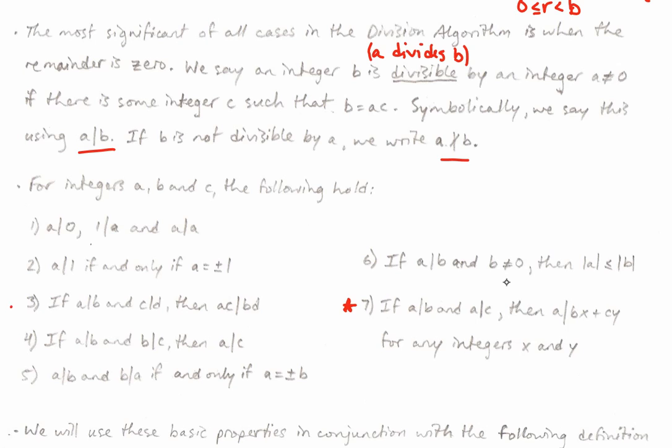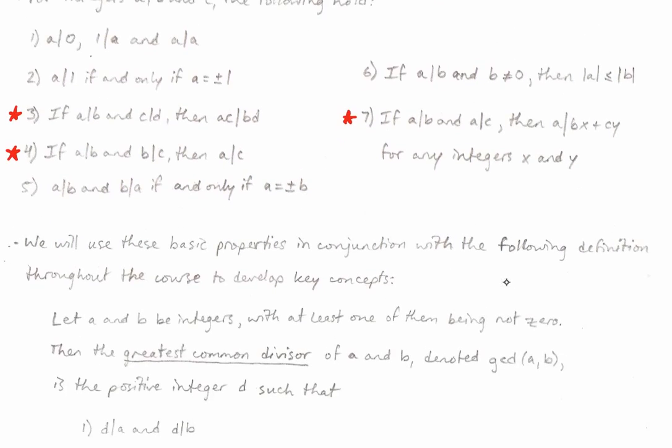So property number 7, as well as properties number 3 and 4, are the 3 most common ones that we'll be using throughout this course. The other ones are just kind of basic things, not that they are explicitly used in the proofs of mathematical theorems or facts or anything like that. So we'll use these basic properties in conjunction with the following definition throughout this entire course to develop some key